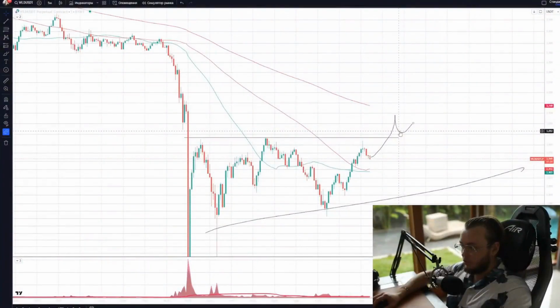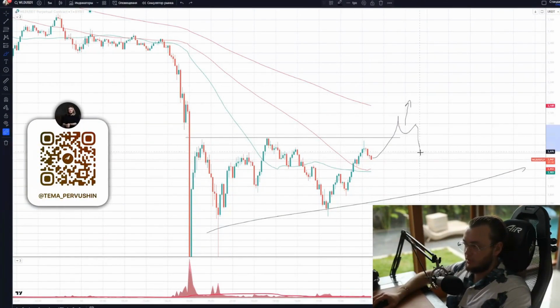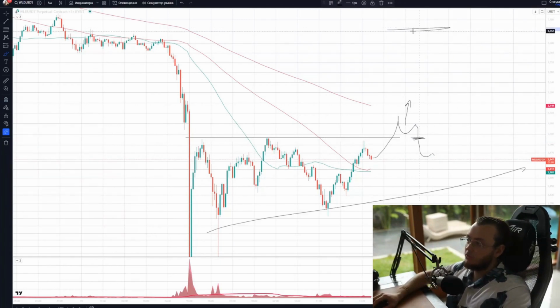For example, the price comes up here, and you enter a trade on the retest. This is where you open a long position. Obviously, I need to set a stop loss somewhere below so that if the price falls, I can cut my losses as much as possible. And it's best to set the take profit a bit higher so that if the price moves in my favor, I can maximize my profit.